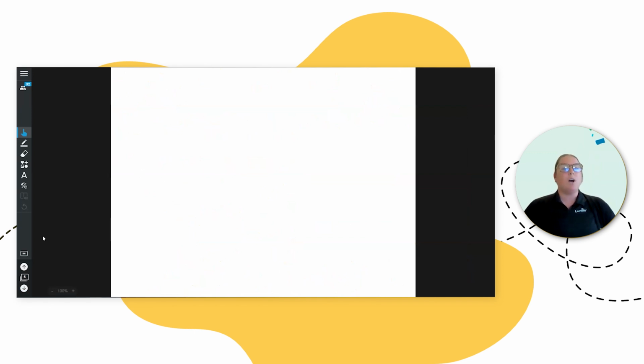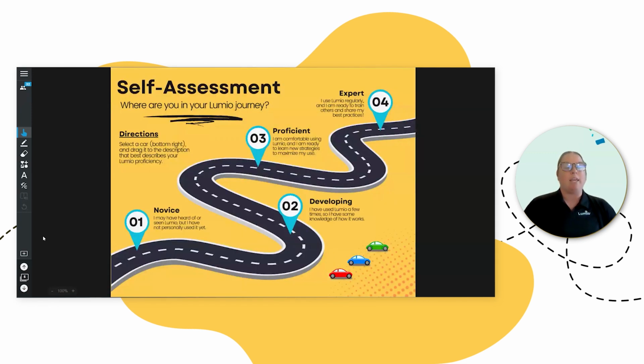So as usual, I love a good check-in. I think it's important to know where my learners are, especially when I'm doing a virtual session like this with Lumio. I just love to see who I have in my classroom. How deep do I have to go with certain tools? Typically with Palooza, we'll have novice to expert in here, so I will try and throw some tips and tricks as we go through today's session.